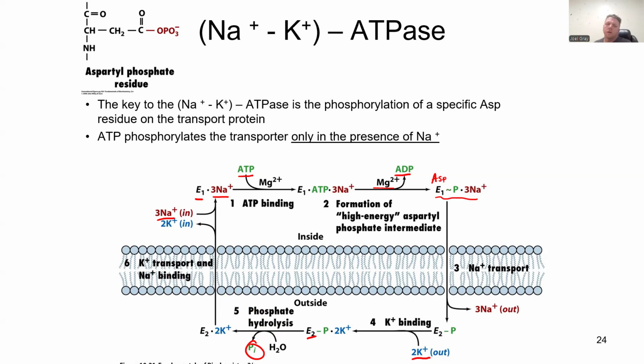And whenever it does that, those 2 potassium ions can be released to the other side of the membrane. So again, we can start this all over again, where this ATPase binds the sodium ions, then it binds the ATP, phosphorylates the aspartic acid, then undergoes a conformational change, releases the sodium, binds the potassium, releases the inorganic phosphate, moves the potassium to the other side of the membrane,